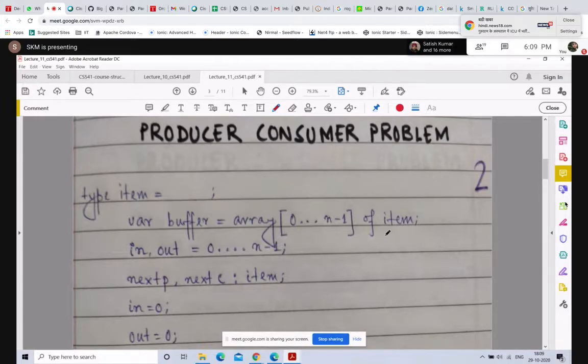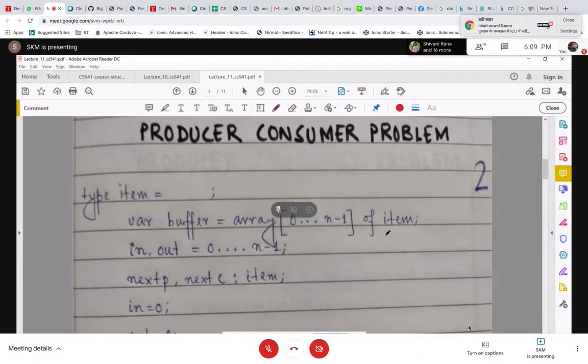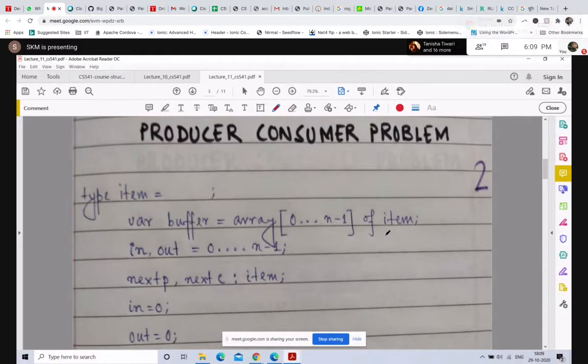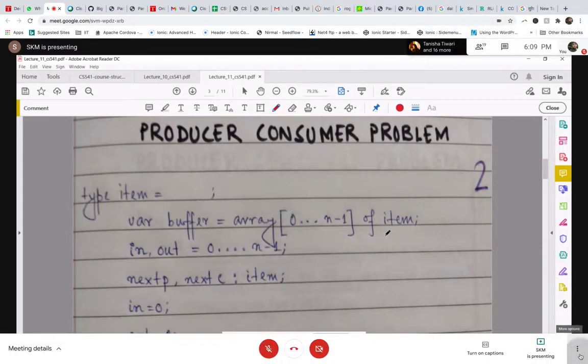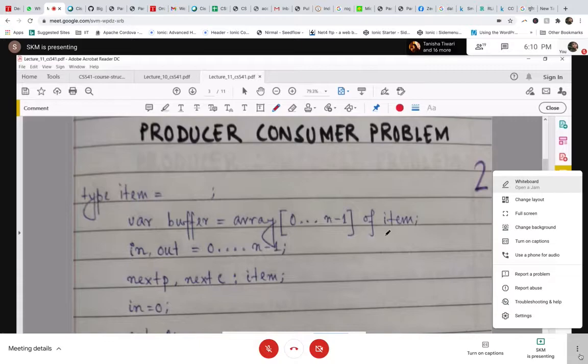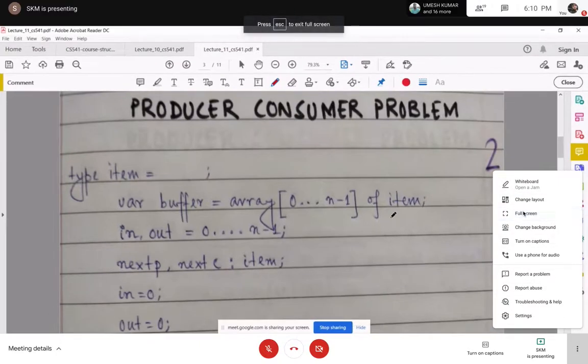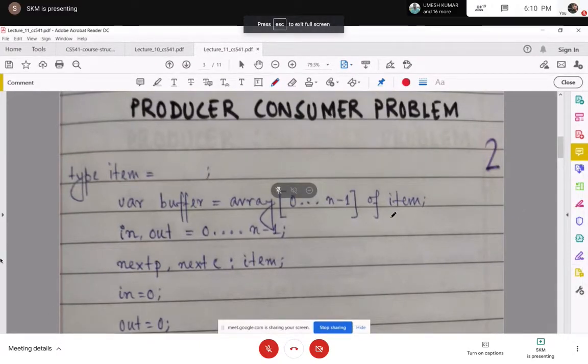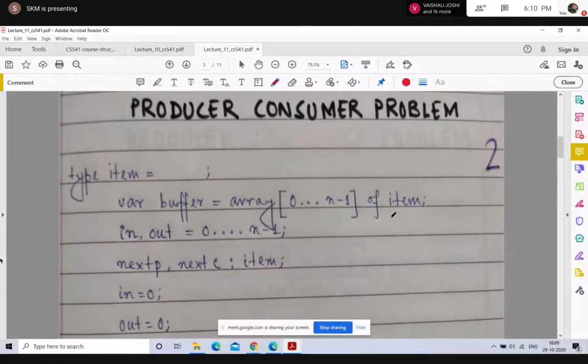If you remember precedence graphs, we were drawing precedence graphs to define processes which can be run concurrently as well as sequentially. So the first diagram that I showed from P to C is also a precedence graph. Now, as I said, since these are concurrent processes, we can always put them in a co-begin co-end environment.